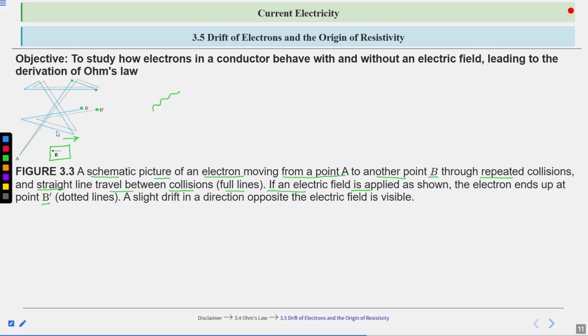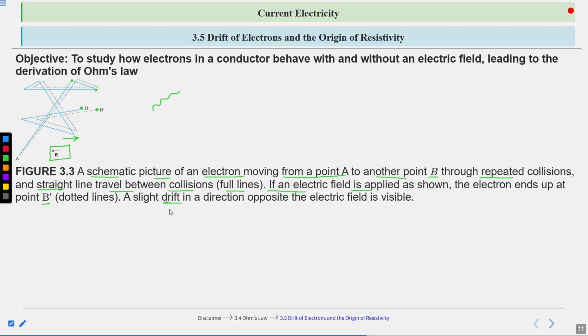We know that an electron experiences a force in the direction opposite to the electric field. So now that the electric field is applied, the path of the electron will be deviated and drifted towards the right side, in the opposite direction of the electric field. Now we are using this term drift. What is this drift? I have already discussed briefly in previous lectures that drift is